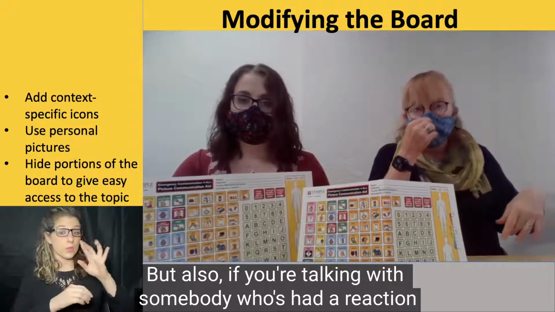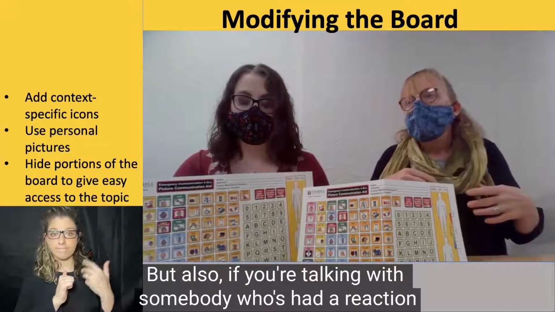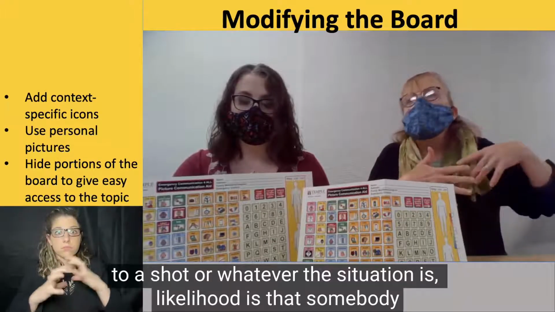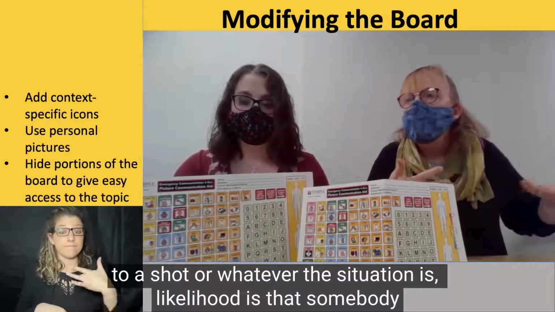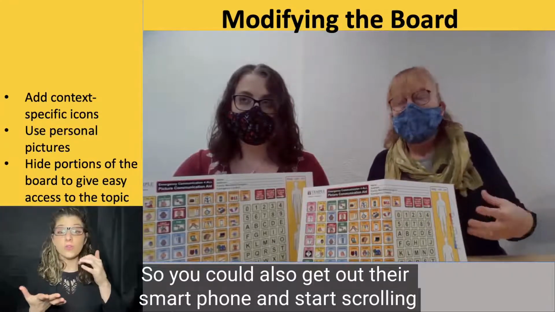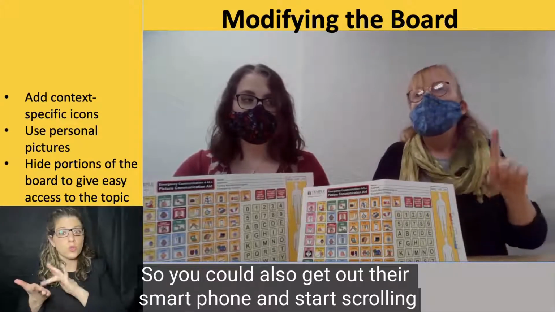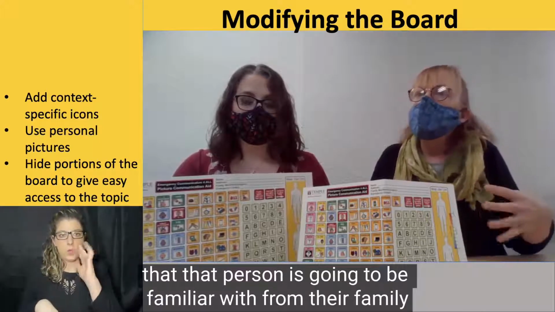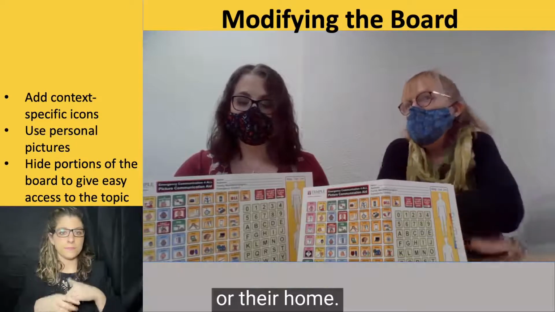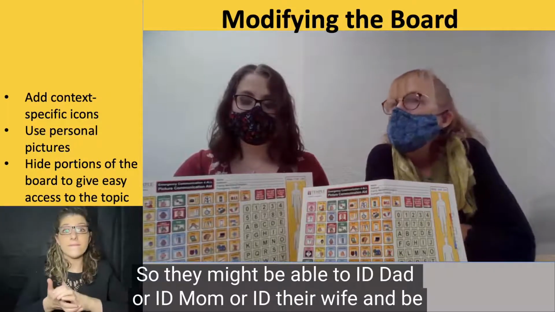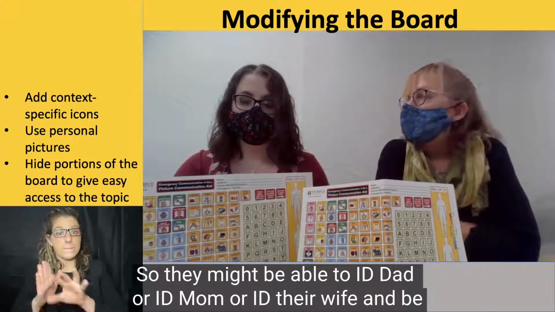But also, if you're talking with somebody, let's say who's had a reaction to a shot, or whatever the situation is, likelihood is that somebody in that group or that family has a smartphone. So you could also get out their smartphone and start scrolling through the pictures and referencing things that that person is going to be familiar with from their family or their home. So they might be able to ID dad or ID mom or ID their wife,